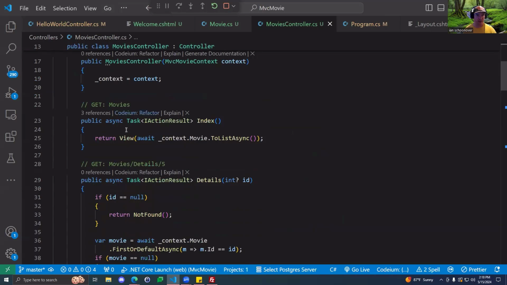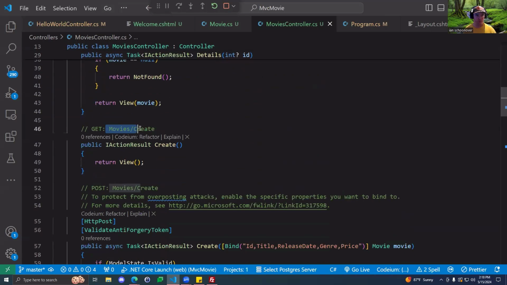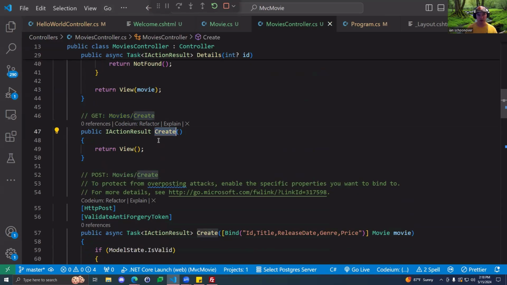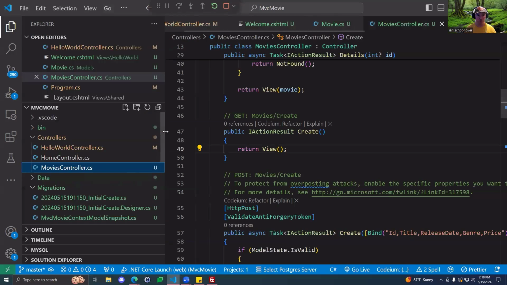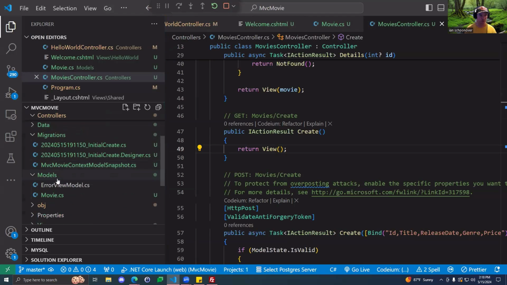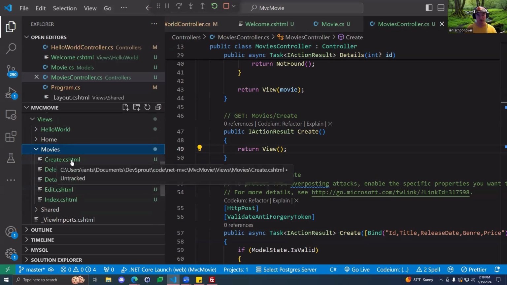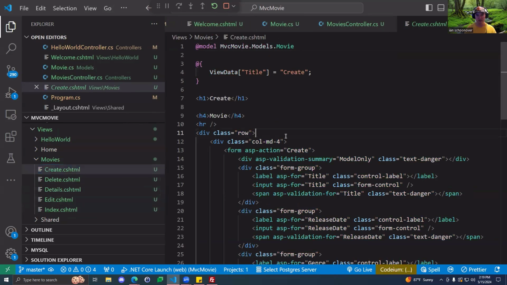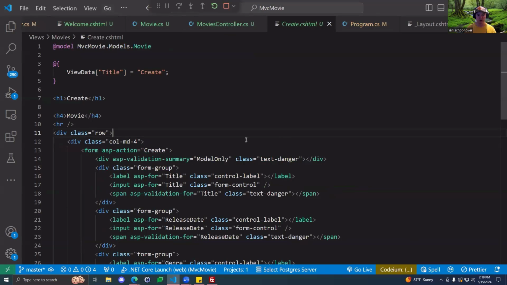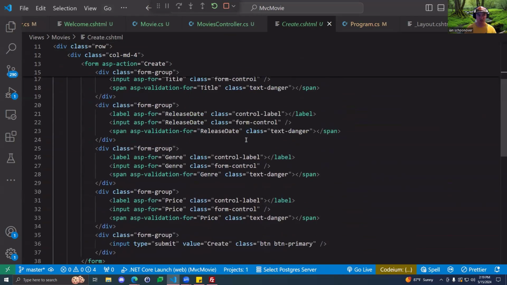So here we have /movies/create. It's a GET request to our create action, we have the view. The view doesn't have a string argument inside of it, and therefore it's going to default to a template called create.cshtml. So if we go over to our views and we go down to movies, we see here we have create, we have delete, we have details, we have edit, and we have index. You look at create, this is the CSHTML code for the page we were just looking at,